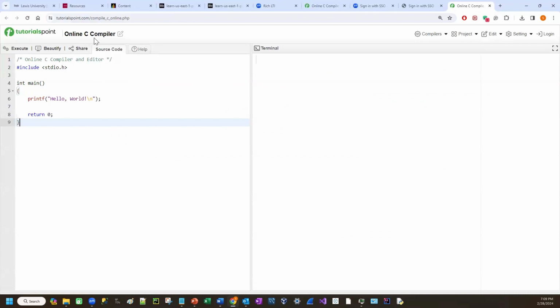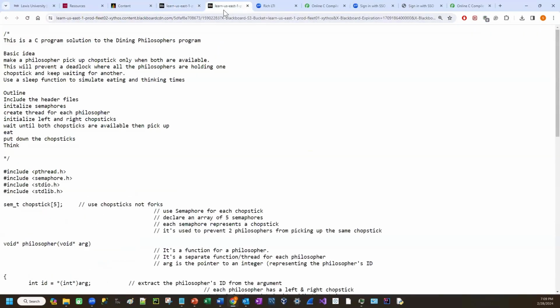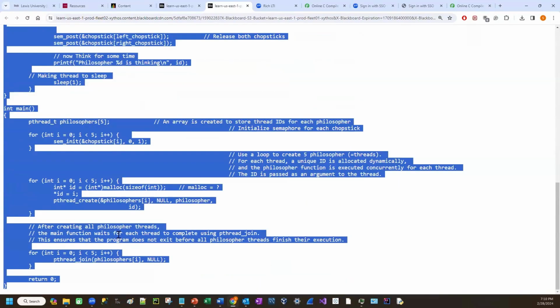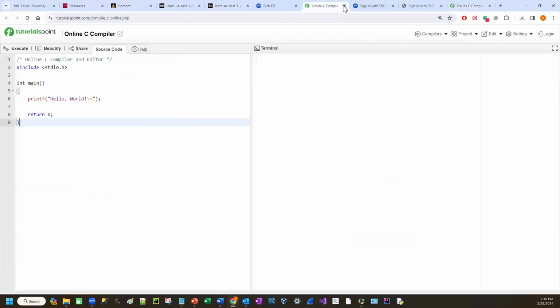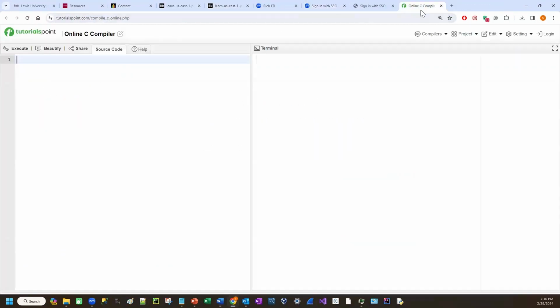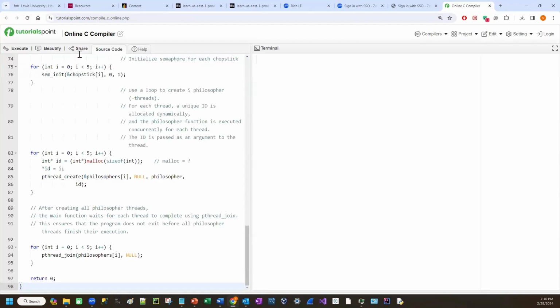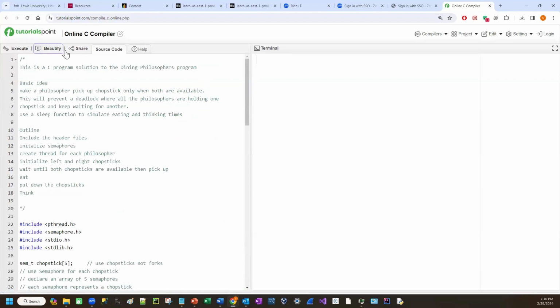It'll take me to the online C compiler. What I'll do is clean this up, grab the C program, copy it from top to bottom, and maybe I'll get rid of that one. Then you just paste it into the C program here. If you're using tutorialspoints, sometimes it helps to click on Beautify. It'll format your program a little bit nicer. And then if you execute,